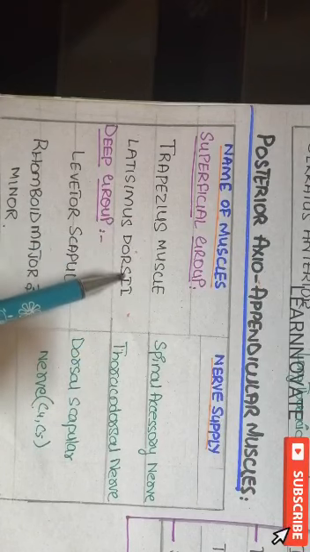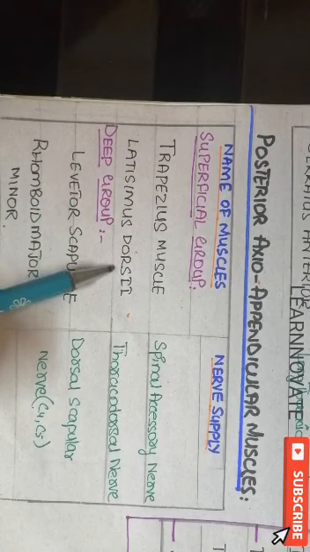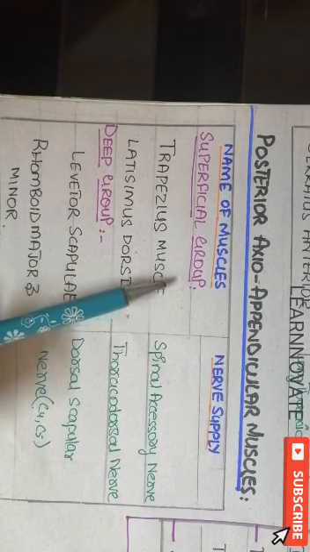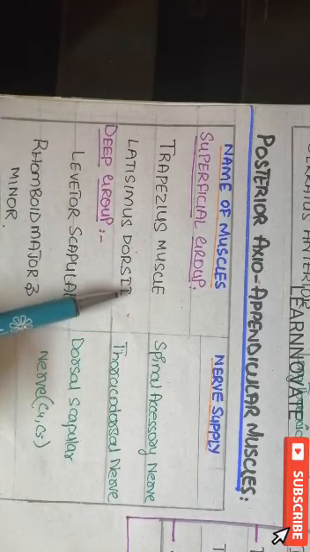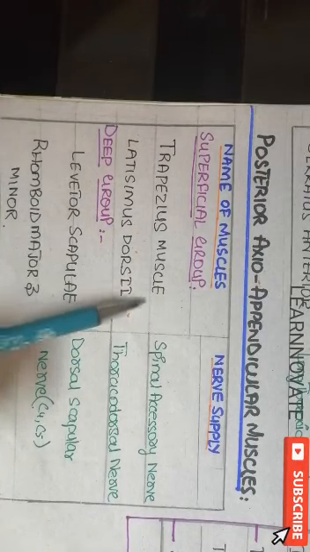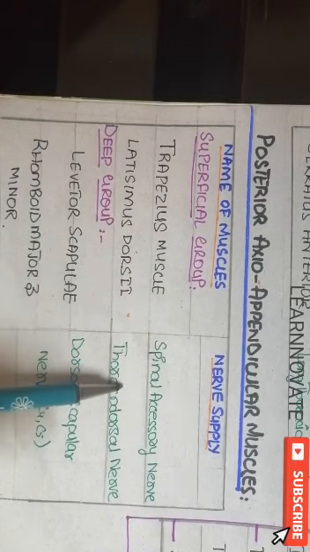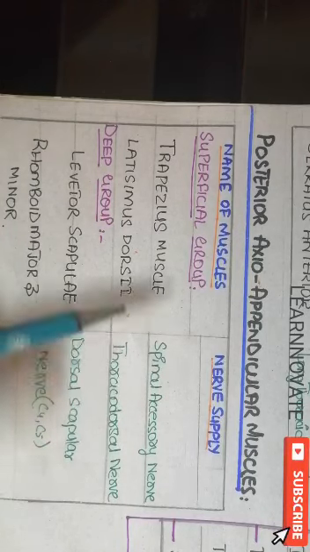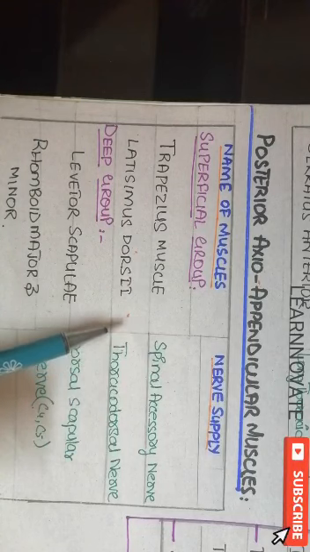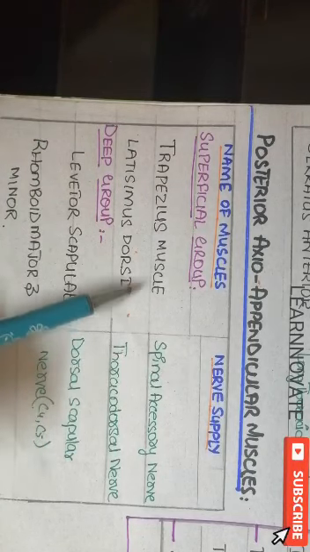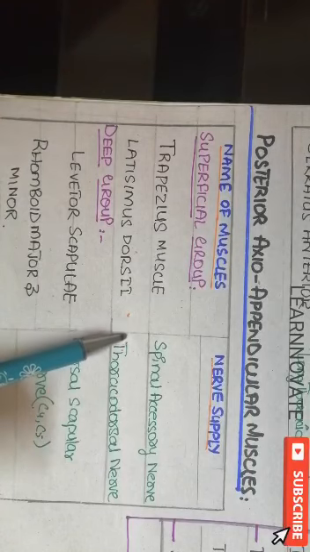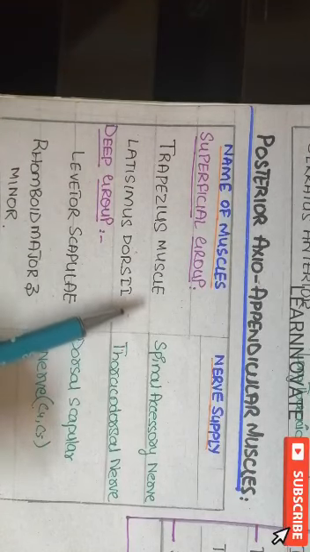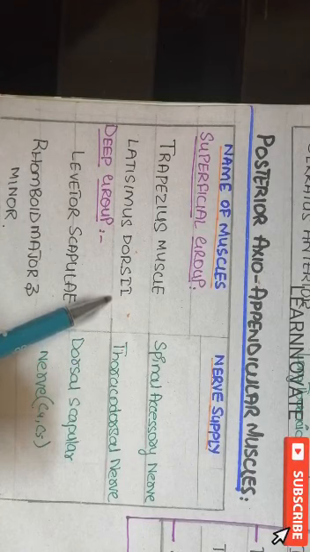The latissimus dorsi is present on the dorsal side, attached on the posterior surface of the thoracic wall. This latissimus dorsi is supplied by a special nerve that we call the thoracodorsal nerve. This nerve I have also discussed in the brachial plexus. So these are some of the major nerves that we should remember. The nerve supply and the name of the muscle are very important to remember. Also the innervation and features like the action of the muscle should be remembered.